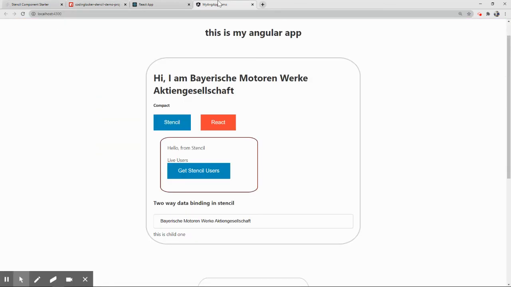So that is all for the complete playlist which we have, in which we have learned about components, how we create a component, how we do the communication between components, how we make the HTTP request, how we deploy our web component and use it in different applications. If you guys have any query, any doubt for the entire playlist, please do let me know. I would be really happy to answer those questions.